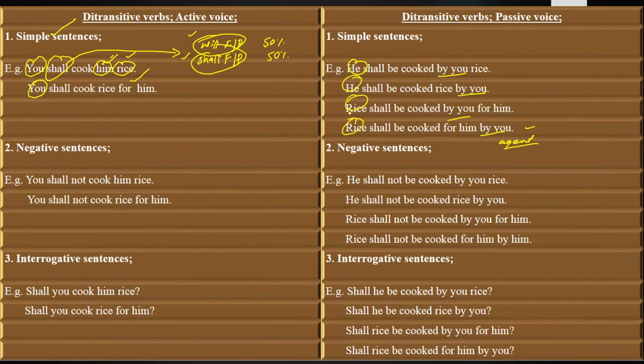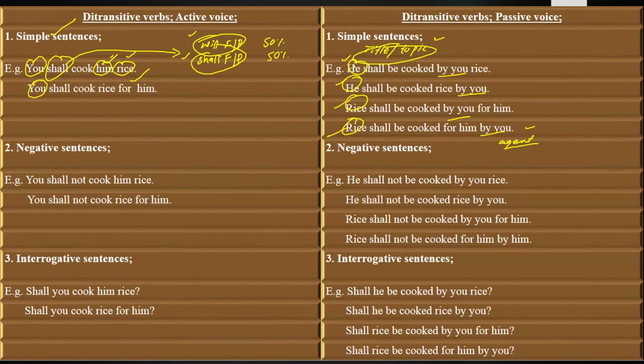So here it is no doubt called the subject, but it is not called the doer of an action subject, it is called the title and topic subject. What is a title and topic subject? A person, place or thing in a sentence which we are talking about. In the first and second sentences we are talking about a person, in the third and fourth sentences we are talking about a thing. So this is your title subject which we are talking about.